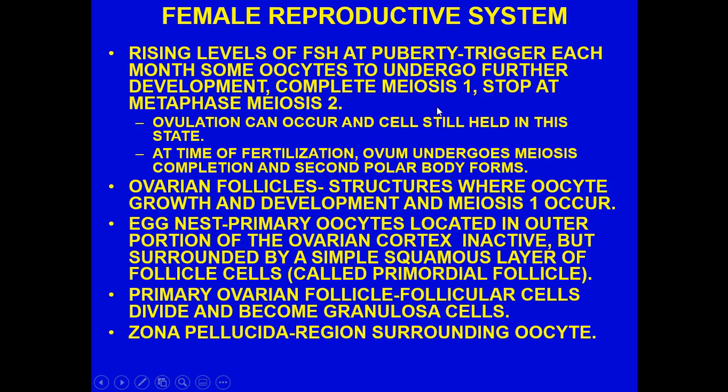Now, what's going to happen now is these follicles are going to go through the process. And as they go through the process, we're going to have these supportive cells that are going to provide nutrients and growth factors and trigger some of the genes inside of the ovary. The follicular cells are going to become the granulosa cells. And also what you're going to see, interestingly enough, is a special thin layer of cells, a region surrounding the oocyte